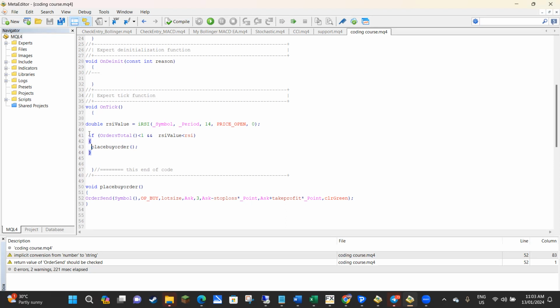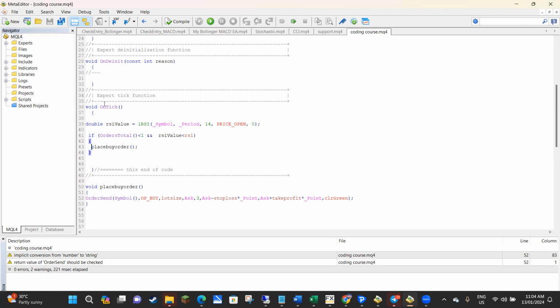So you could have a lot of different strategies or entry criteria. And instead of typing all this complex code every single time, you can just put place buy order, and it shortens the code. The reason you want to keep code short is for aesthetics and usability and all of that, but also because